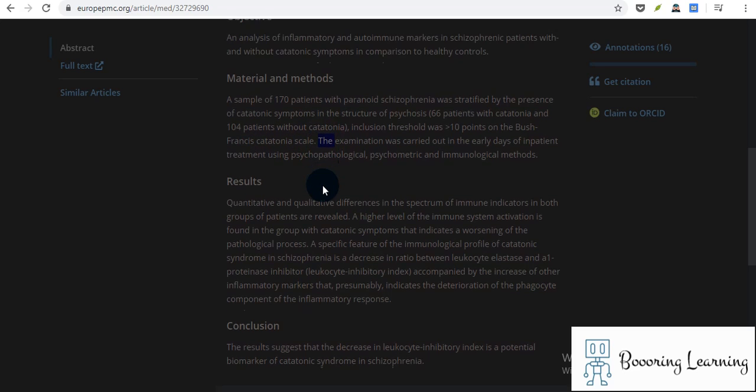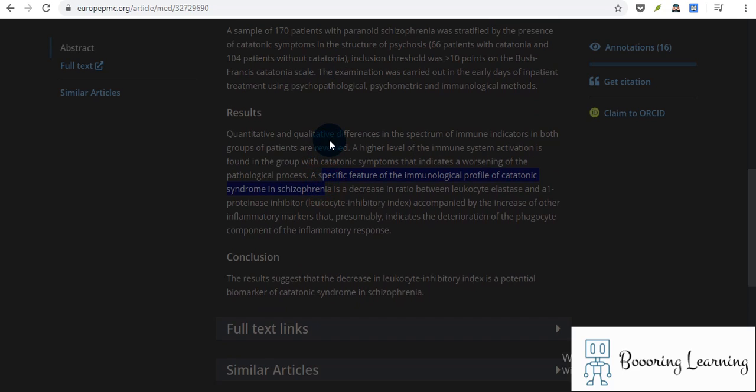And naturally, results. Let's read the results. Quantitative and qualitative differences in the spectrum of immune indicators in both groups of patients are revealed. A higher level of immune system activation is found in the group with catatonic symptoms, which indicates a worsening of the pathological process. So catatonic patients have a different immunologic profile compared to